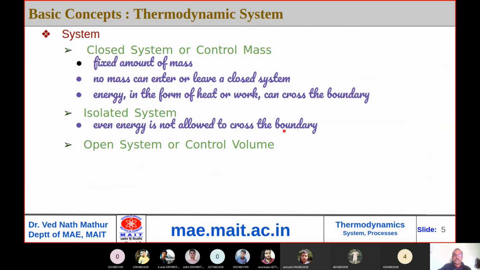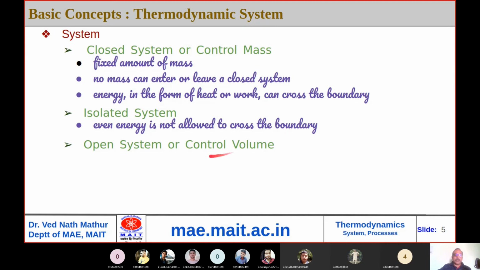In fact, any system along with its surroundings can be termed an isolated system. So if you consider a system and the surroundings of that system as another system, then whatever processes are taking place are within that system and the surroundings. So the outer system would be an isolated system.